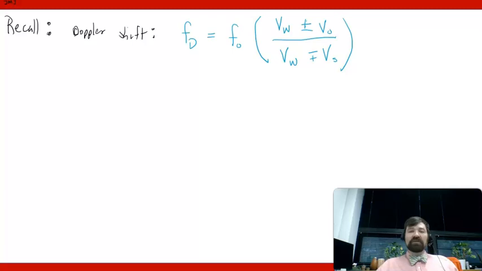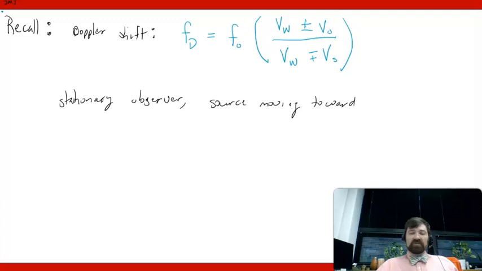I want to focus on just part of this. So let's say a stationary observer, and that's stationary relative to the medium that the waves are being carried through, by the way, and source moving towards. And the reason why I want to look at just this is because it simplifies this equation a bit